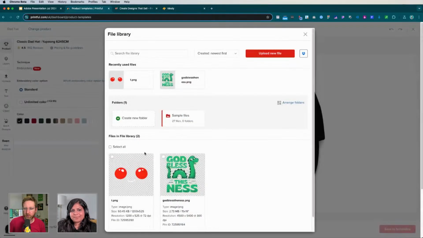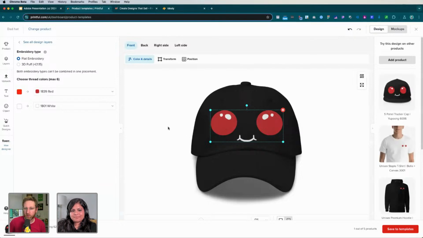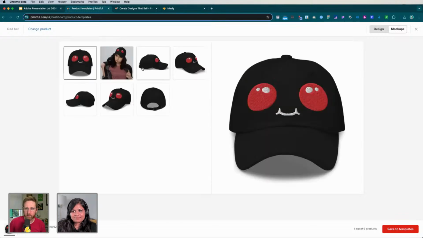So what you'll see is when I select this and apply it to the cap, what Printful's going to do is you can see here the colors. With embroidery, as you may or may not know, you're essentially limited to certain color threads. So here it forces the color and it picks what it thinks is the most appropriate thread for that color. So you can see here now it's actually giving us a kind of live mock-up of the embroidery and what that will look like on the cap. So it's gone red, red, white, white, and put that together.